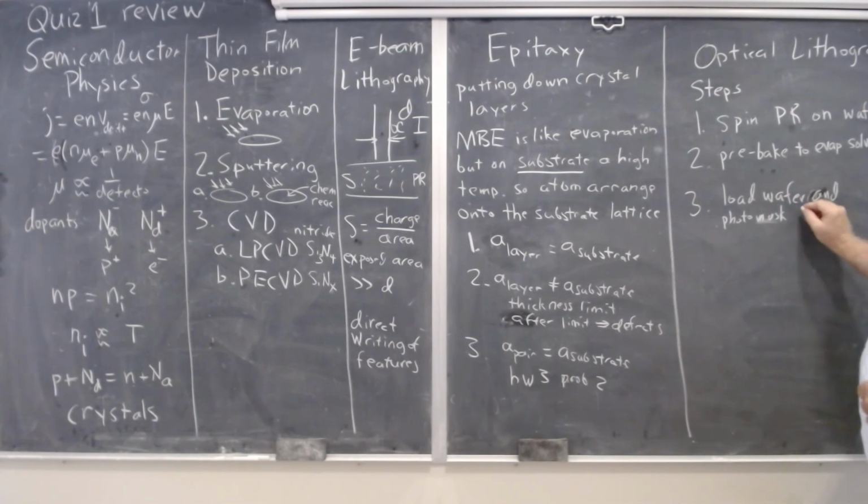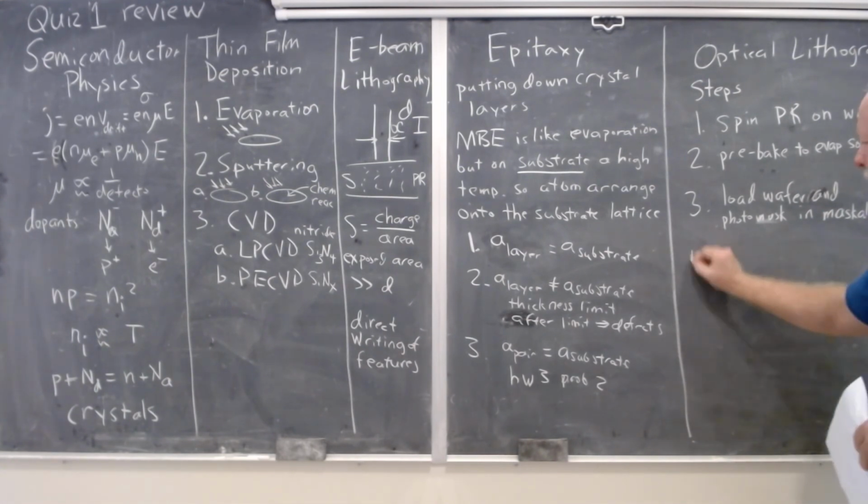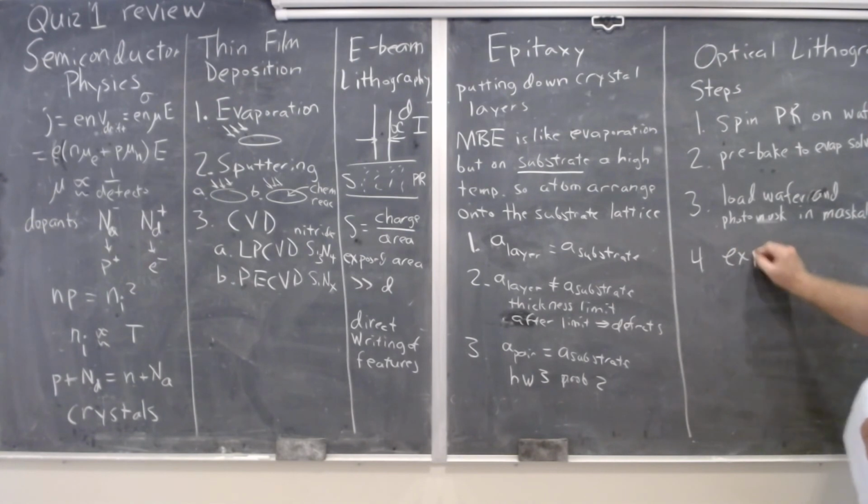And the mask aligner. All right, so the mask aligner, that's this machine that you can put your photomask in, and you can put your wafer in, and you can align the wafer to the photomask, expose,